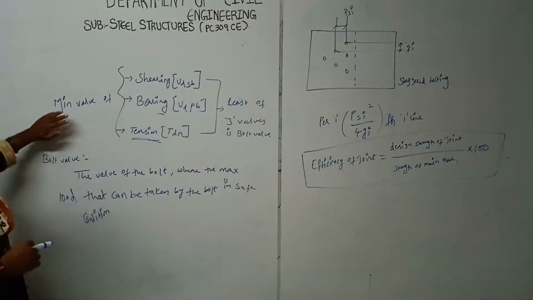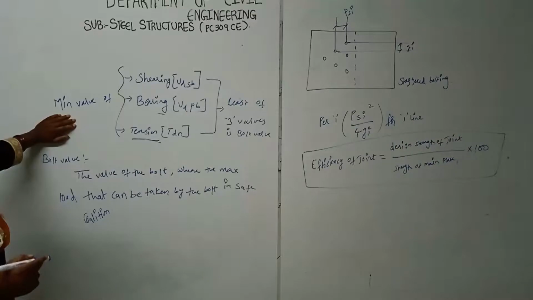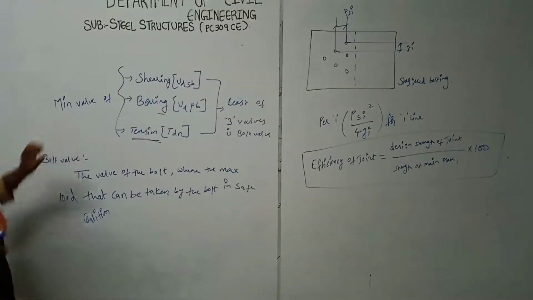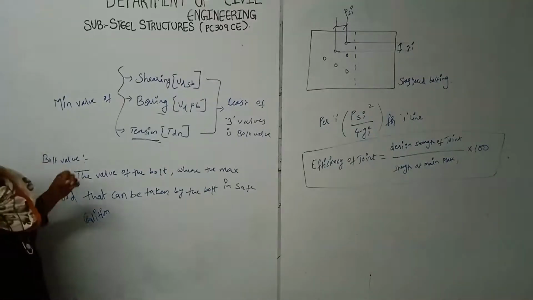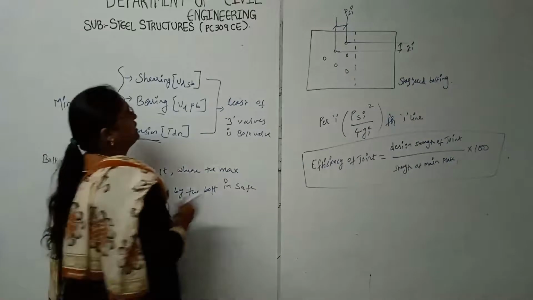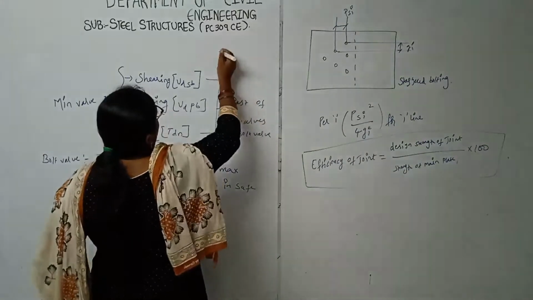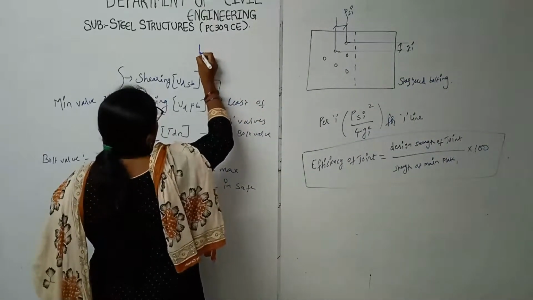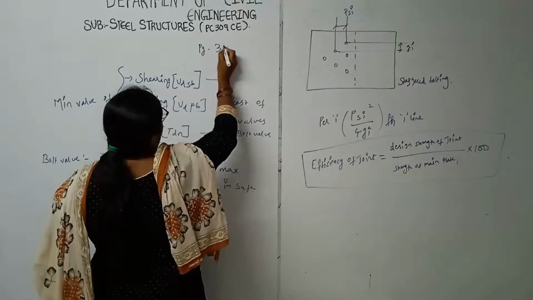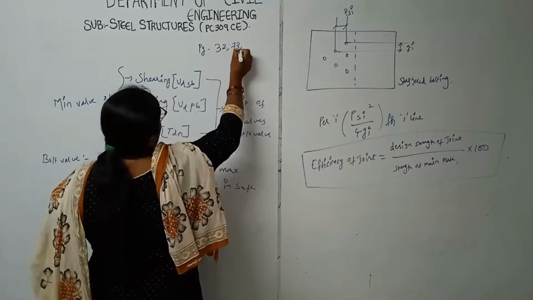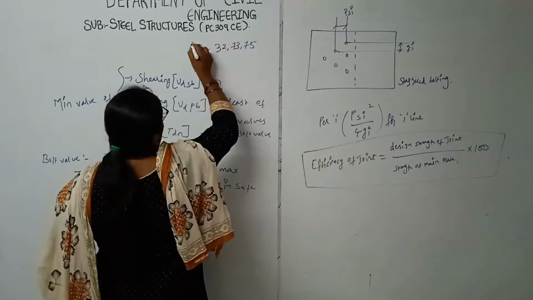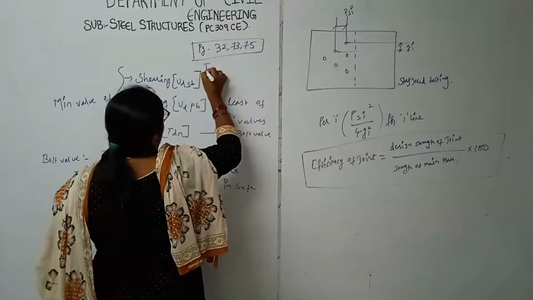So right, by this we have finished the formulas which are useful for solving the numericals. From the next lecture we will be starting with the numericals. Kindly carry your code book and calci. Please carry the code book and calci. For calculating the bolting connections, what are the page numbers we have used? Page number 32, page number 73, page number 75 from IS 800 2007.